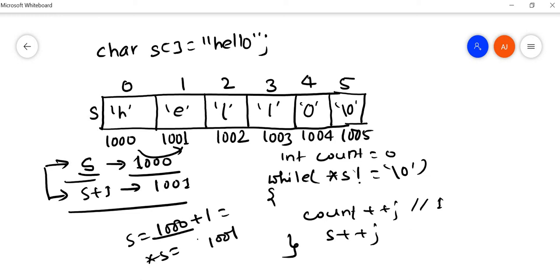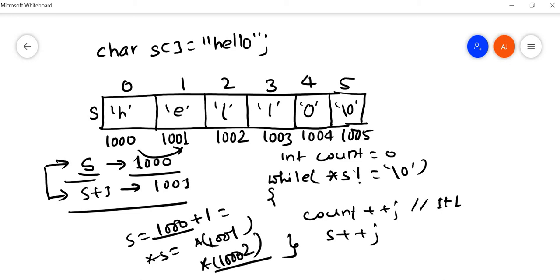Now the value at 1001 is e, which is not equal to \0. So again this block will be executed. Now count will be incremented by 1, and the value of s will be incremented by 1. So again 1000 plus 1 plus 1 will be 1002.